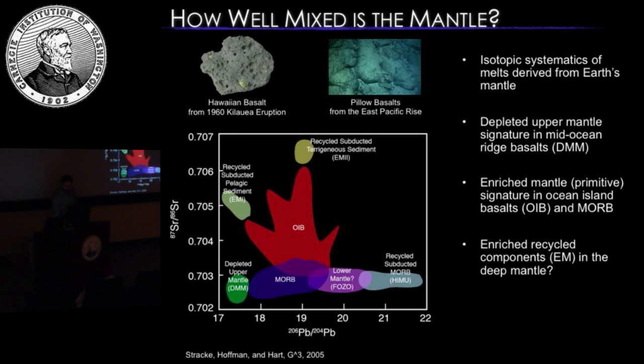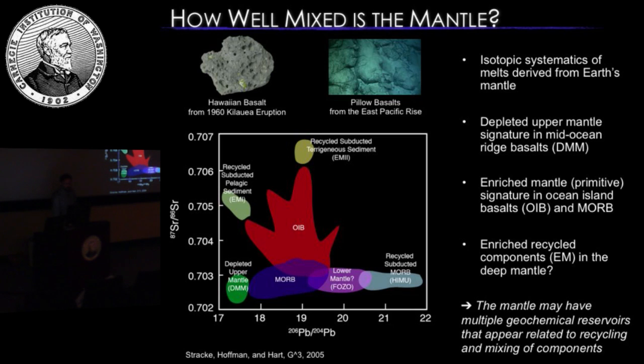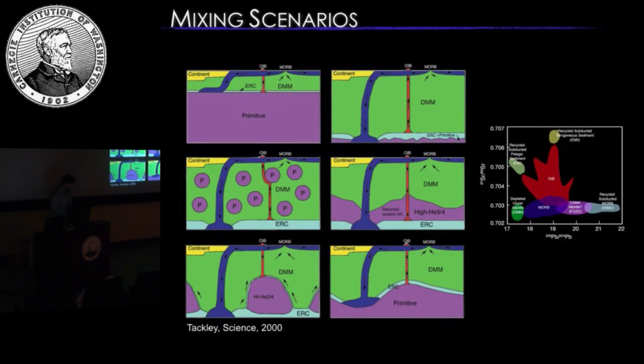And so when we think about where these heterogeneities that we see in the rocks can come from, people have come up with a whole variety of different mechanisms for what these reservoirs might be, where you've sequestered these different elements so that they can then be sampled by some sort of dynamic process, brought to the surface and put into the rocks. And so here are a bunch of cartoons from Paul Tackley's science paper earlier this last decade, where he's suggesting origins for these different